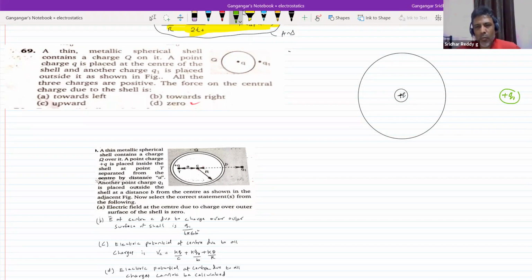Now, the charge distribution on the surface will be non-uniform, showing more on one side and less on the other. Then due to this minus Q1...